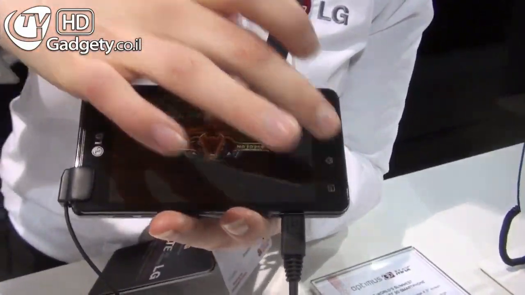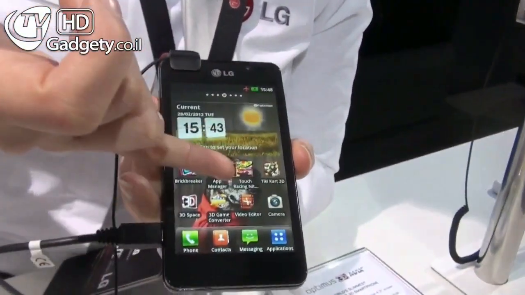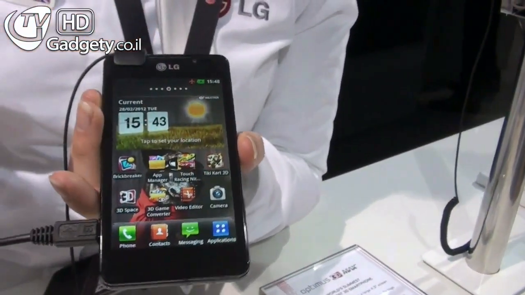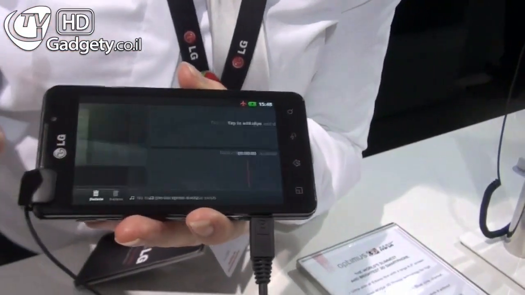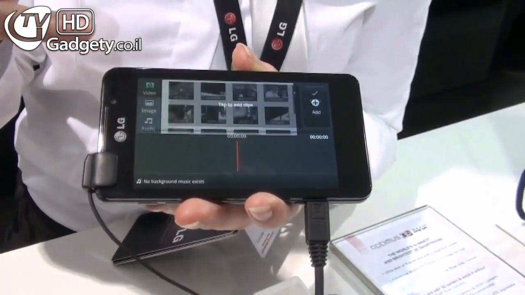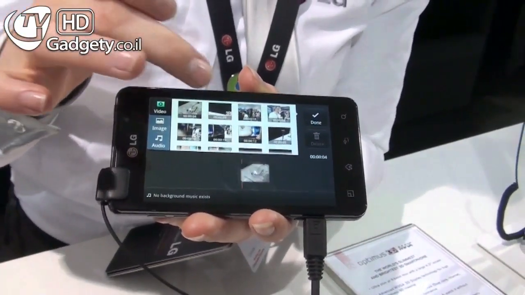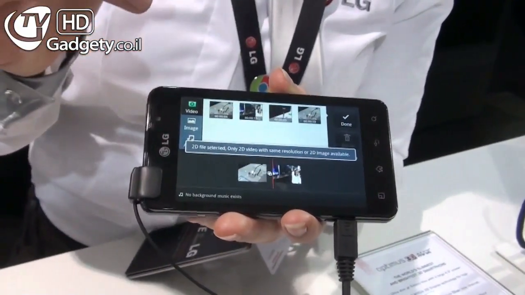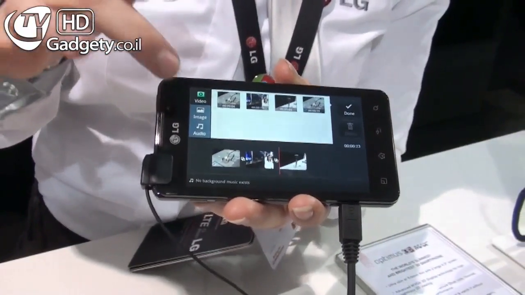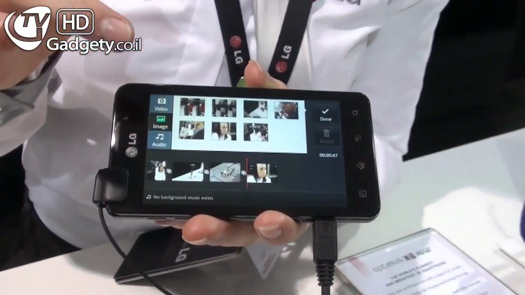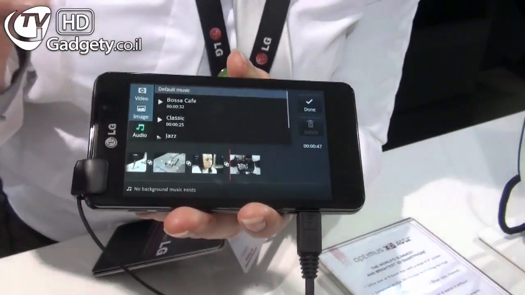Yes. Also, we have the first ever 3D video editor. You can insert your videos, your images and audio just by tapping and selecting your chosen cuts. There may be some images. And you can also add some audio to that if you want to.